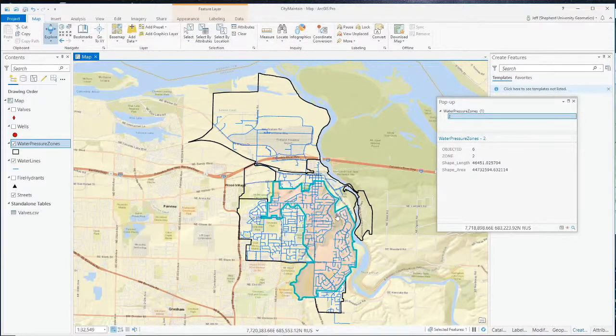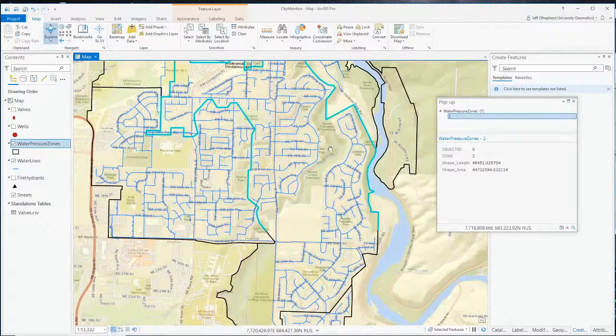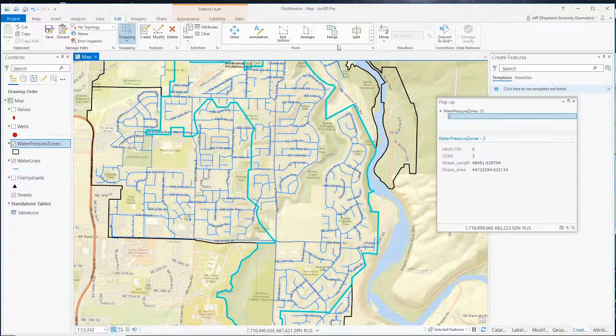So what we want to do is split the polygon that represents zone 2 into 2 polygons, and then merge it with the other one. So let's do that. We're going to come in here and split it. There are water lines up here, water lines down here, and a creek in between. So we're going to split those polygons along this creek to create this new water pressure zone. So how can we do that? Well, in the editing toolbar, there are tools you would commonly use up here, and one of them is